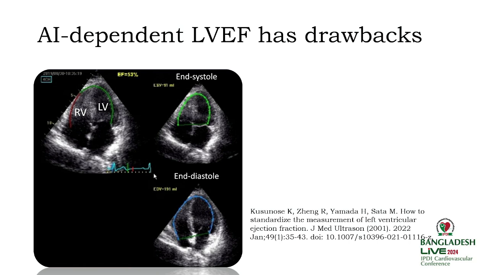Like this one, if you look at the images, whenever the artificial intelligence button was applied, falsely the whole heart, that is the left and right ventricle, was taken together as the left ventricle. So here the computer has made a very dangerous mistake. And if you are doing artificial intelligence this way without correcting this, there will be a false artificial intelligence-based ejection fraction.